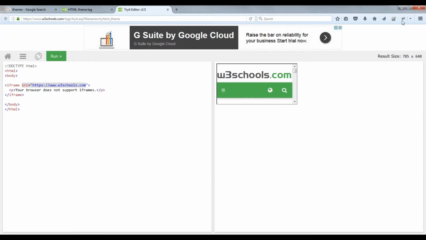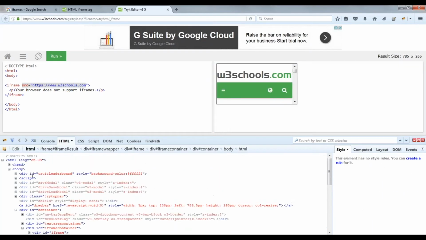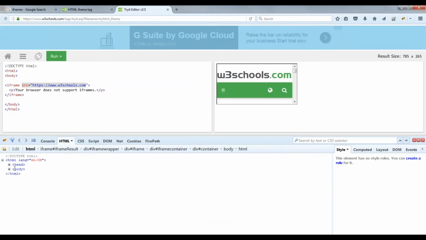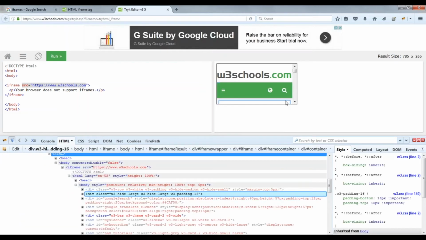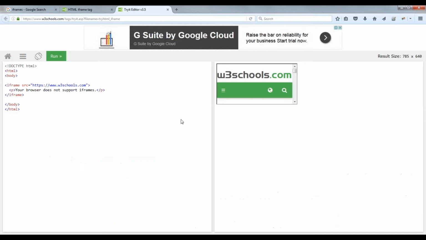If I inspect my element, this is the master HTML page, and inside that I will have one more HTML with an iframe. You can see there is a tag called iframe. Whenever we handle these iframes, we cannot handle them directly. In the sense, if I want to click on something in this iframe, I cannot directly click on the elements.